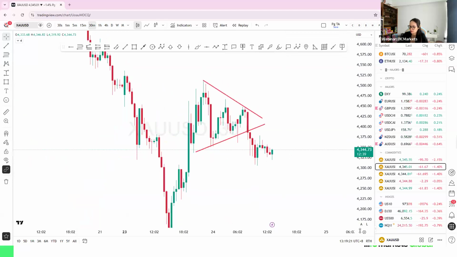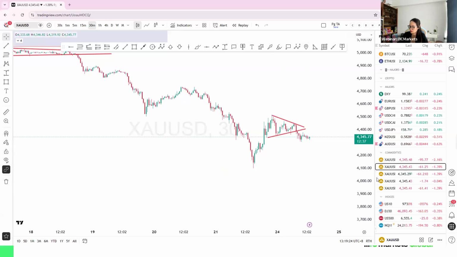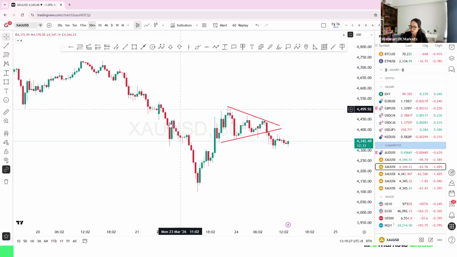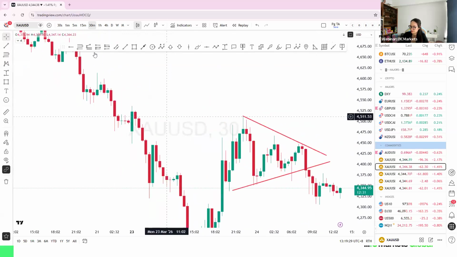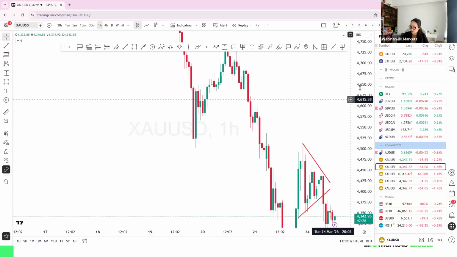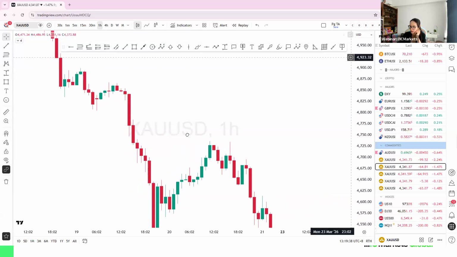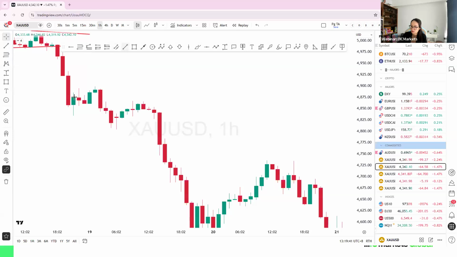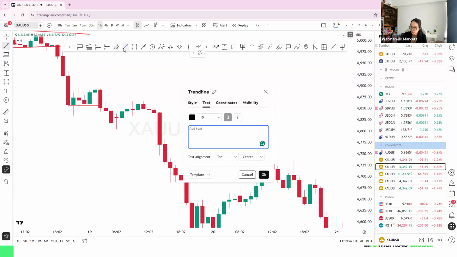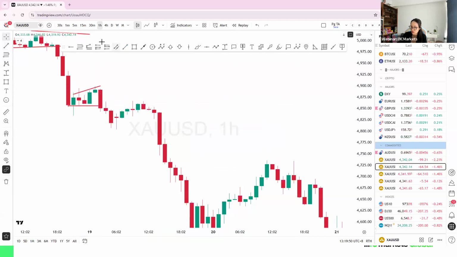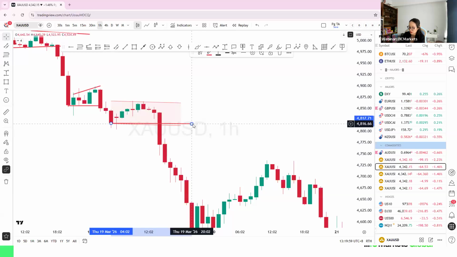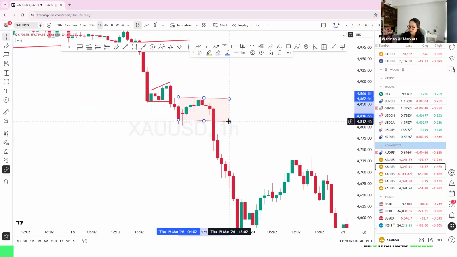somewhere around here. Also, you should really look for the pattern in H1, right? Before they break out, we also have this. We also have this breakout as well. Okay. And you see that they break out from the key level, which is, if you're going to look on the left here,